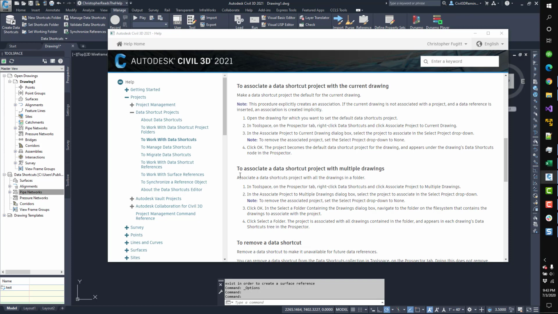Or project. 2. In Toolspace, on the Prospector tab, right-click Data Shortcuts and click Associate Project to Current Drawing. Note: to remove the associated project, set the Select Project drop-down to None. Click OK. The project becomes the default data shortcut project for the drawing and appears under the Drawings Data Shortcuts